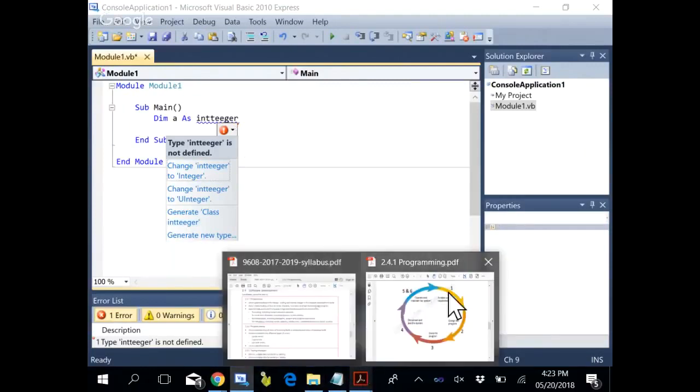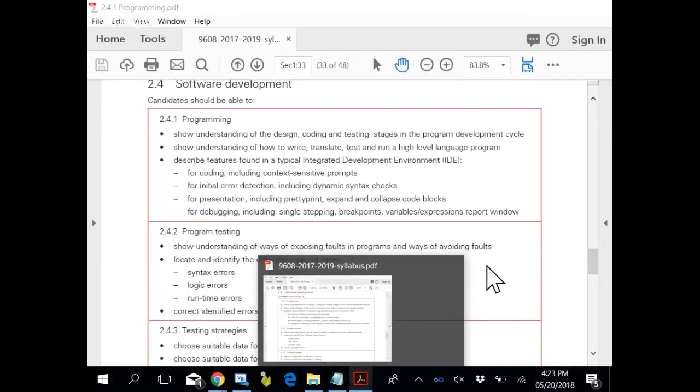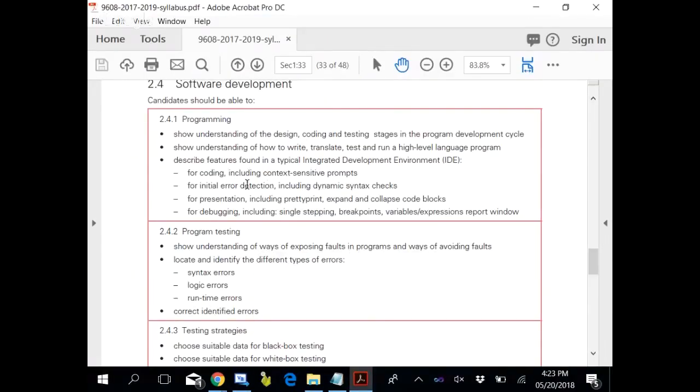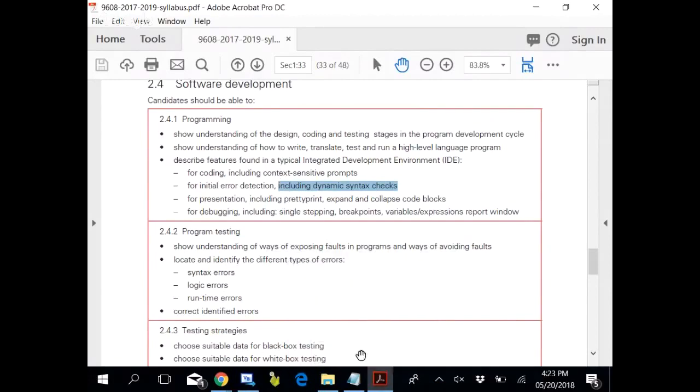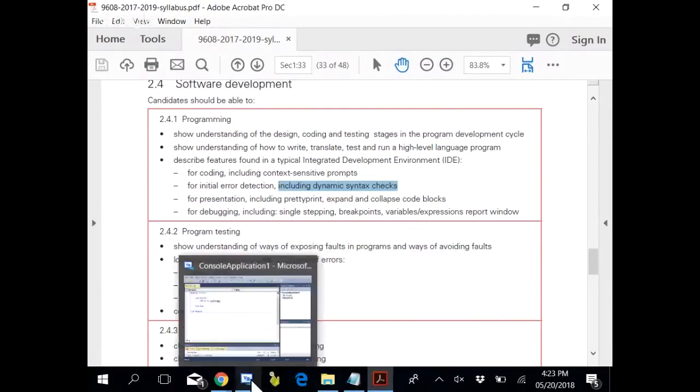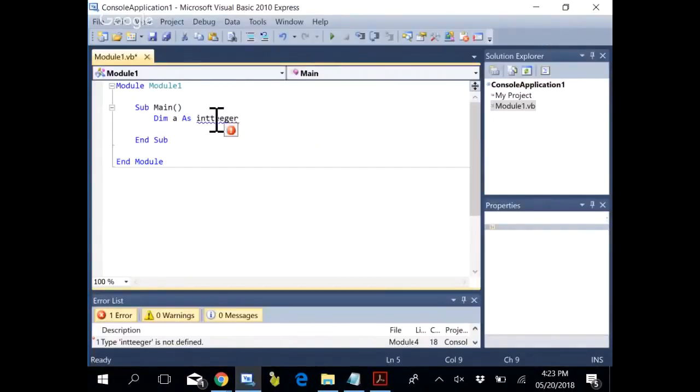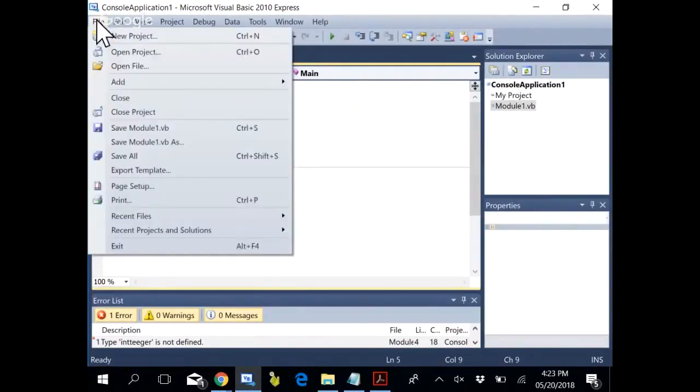Now, for initial error detection, including dynamic syntax check. So, context sensitive prompts and dynamic syntax check. This is also called dynamic syntax check.